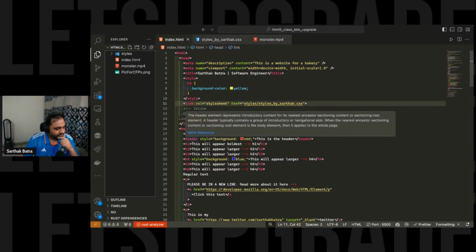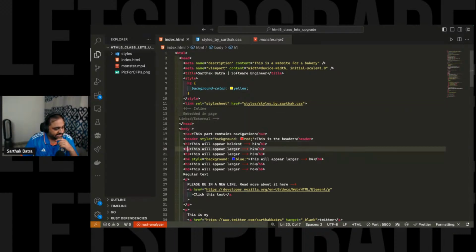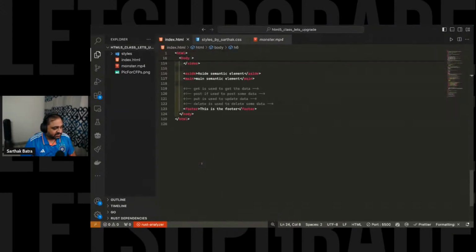Okay. So for example, this H1, H2, H3, H4, H5, H6. What if I want to have five boxes? I want to arrange them side by side, and I want them to have consistent styling. What I mean by consistent styling is I want all of them to look similar. Okay. One way of going about that is